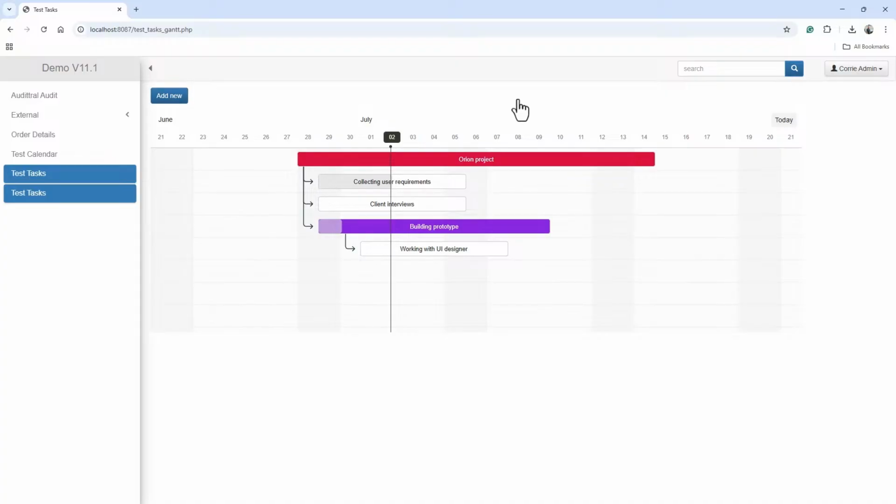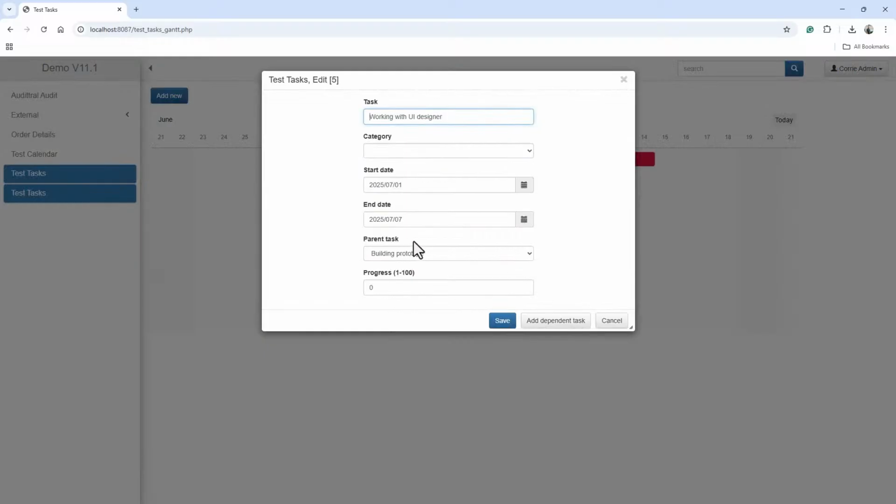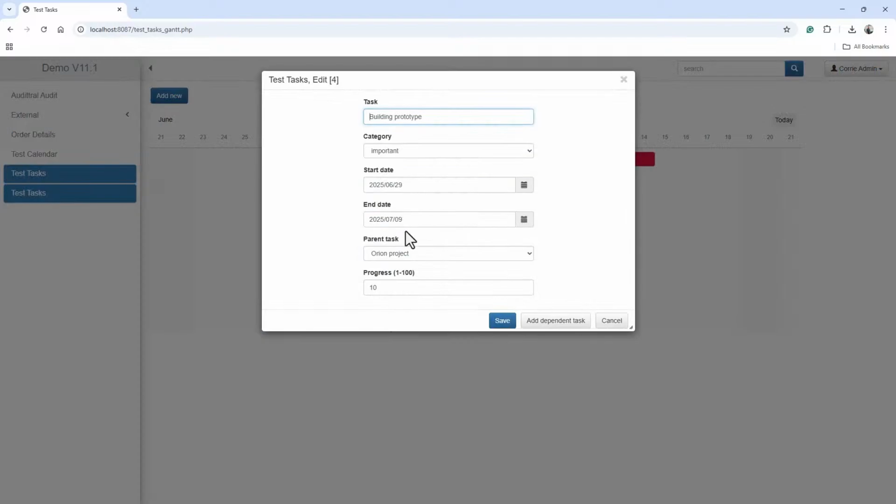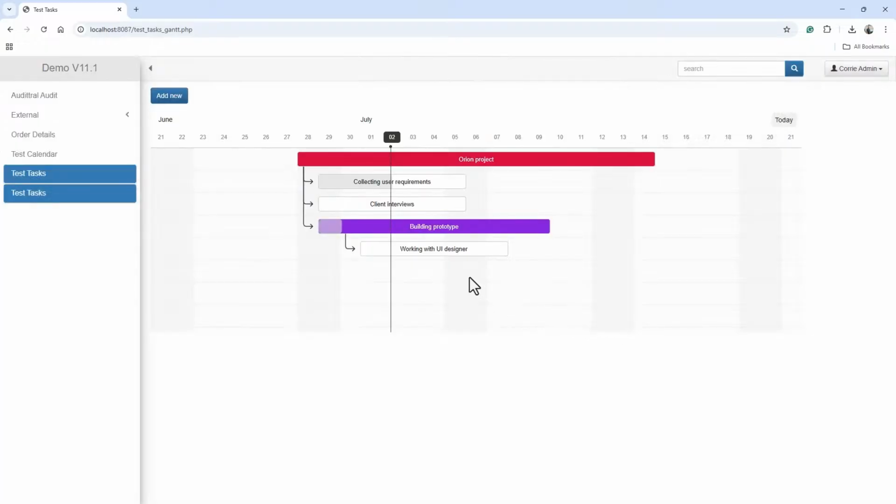Now for those of you who have tried to code this chart, look at this. You can just click on this and then you can select the category and all of that. I'm not going to mess with the data now here, but it's very nice. Here is probably a subcategory, or a subtask is probably a better word to use. Anyway, this is very nice. I like this a lot, and if you have to code this by yourself, you'll be busy for days. And here I've done it in a couple of minutes, like you see here.